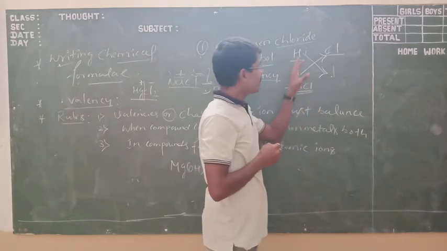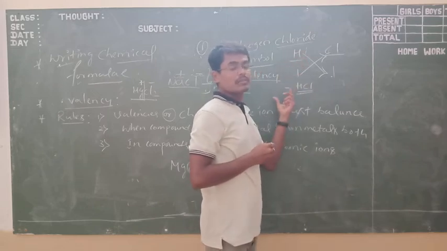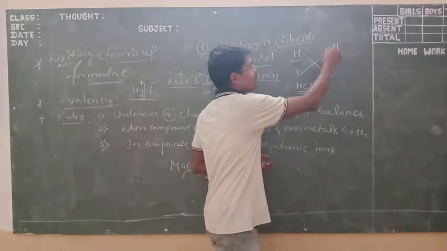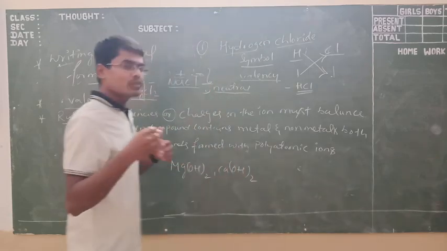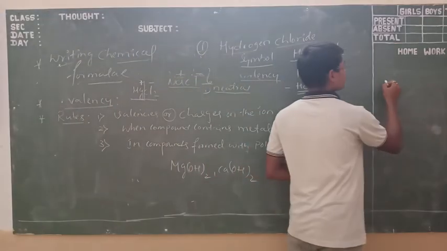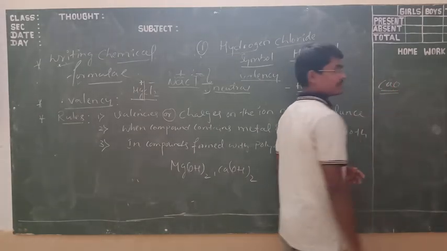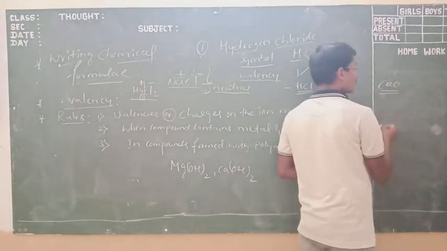Like that we are going to write the chemical formula. In other words, we are going to call this the crisscross method or cross method. Simply you are going to cross multiply and you will get a product. Like that we are going to take some other examples. I am going to write here, okay, calcium oxide, okay, calcium oxide. And how we are going to write this one?